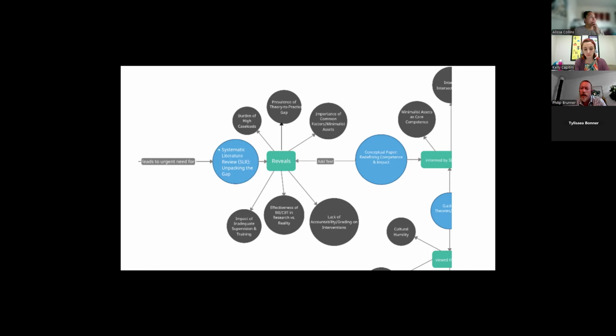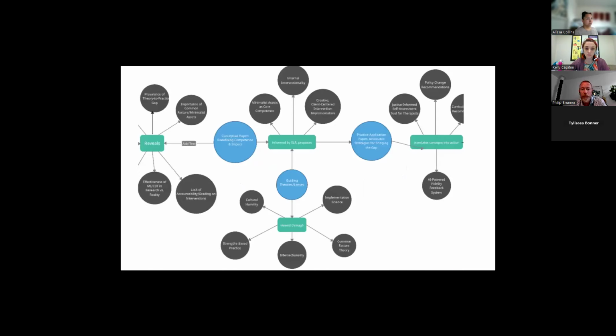Importantly, it highlighted that successful EBP implementation isn't just about the intervention itself, but crucially about the context in which it's delivered, including practitioner competence and ongoing training. A key gap identified was the disconnect between research often performed by experts with high competence and reality for many frontline therapists who admit they aren't effectively taught or consistently graded on intervention use and often lack useful supervision. This spurred the core ideas for my conceptual paper.